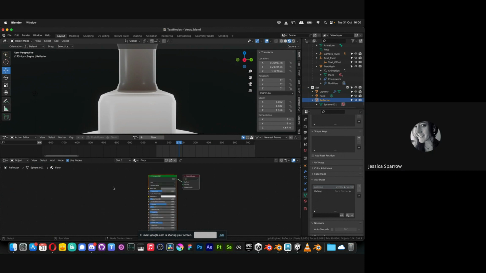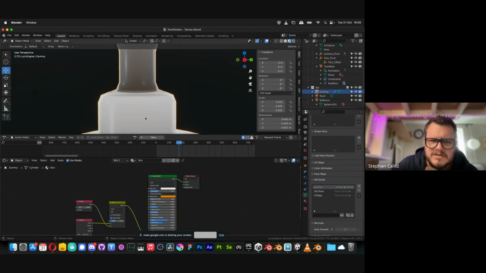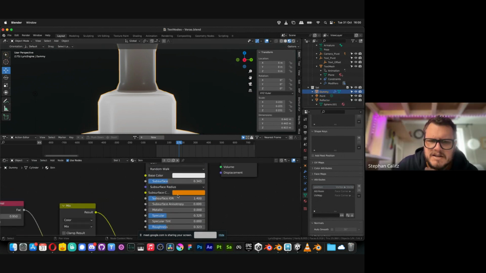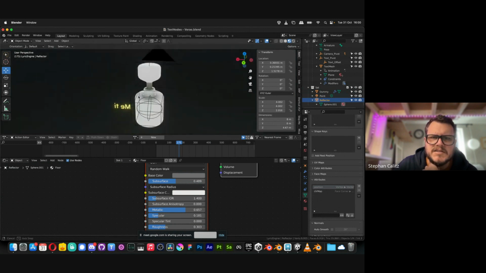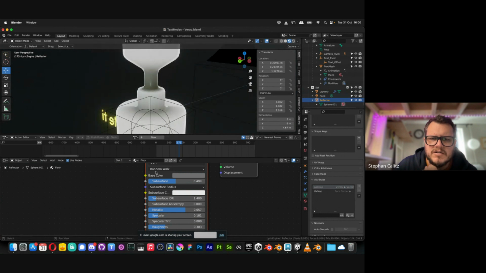Ugh. Changing the background or something. Let me try that again. It sort of starts getting that waxy, glow-in-the-dark kind of vibe.